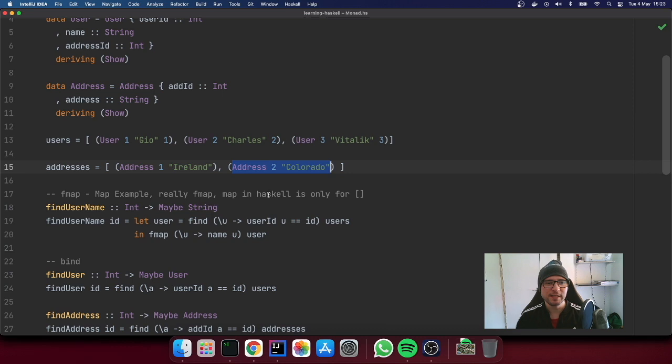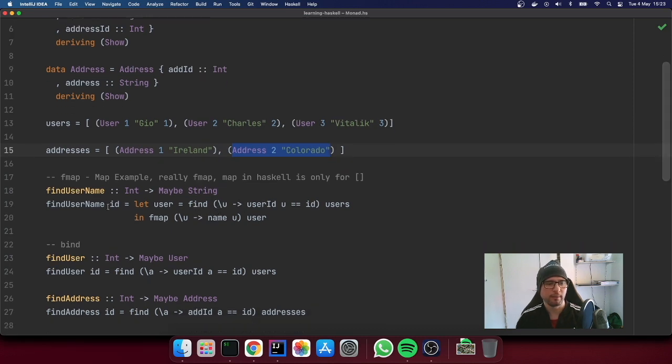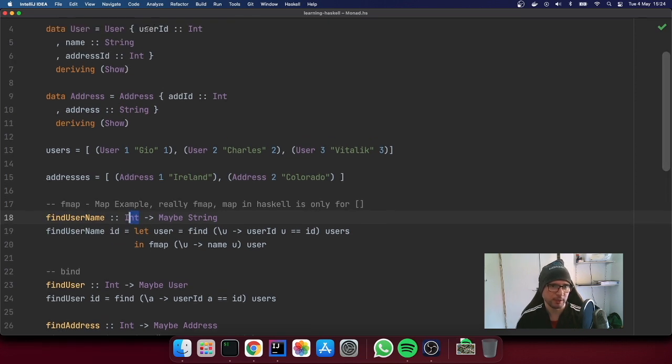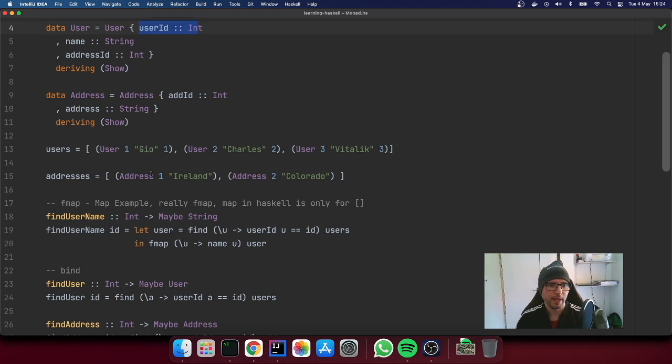So let's try to find a username, right? So we know the name of the user of a specific ID. We say that we want a function, find the username, that takes an integer, which is basically the user ID here, and gives us the name of the user, that is this attribute here.